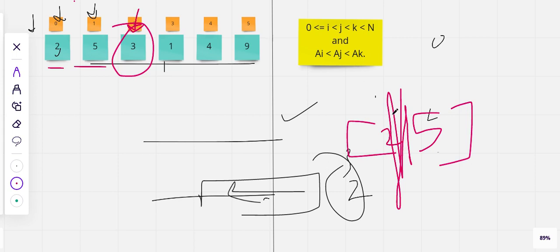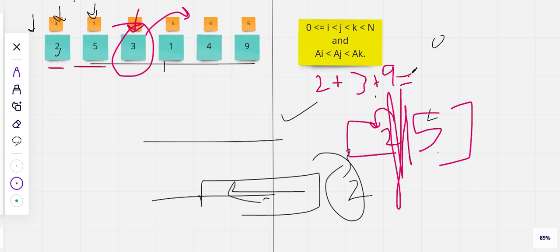So whichever position is prior to it will be the number that I'm looking for in my left. So 2 is the number that I'm looking for, and 2, 3, and what is right of 3, we can get it from the pre-computed array, which is 9. So this is the answer, right?